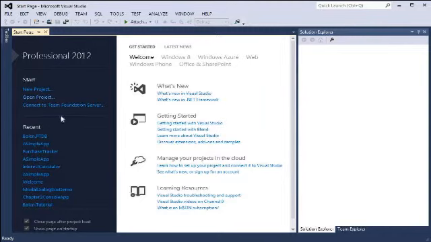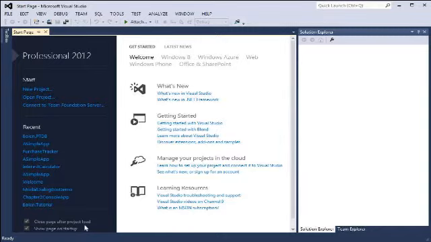If you have the professional version, you'll have some other options available to you. Also, the recent projects that you might have been working on will appear. As you develop your projects, you'll see this list grow. I have the default selections that this page will close after I load a project, and this will show every